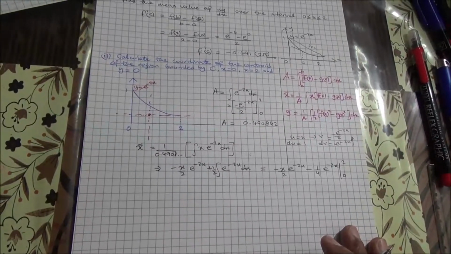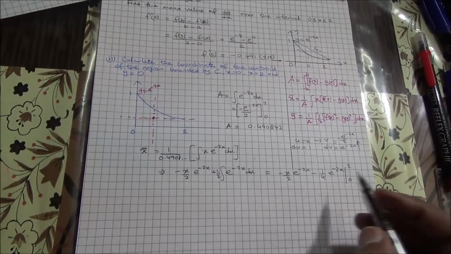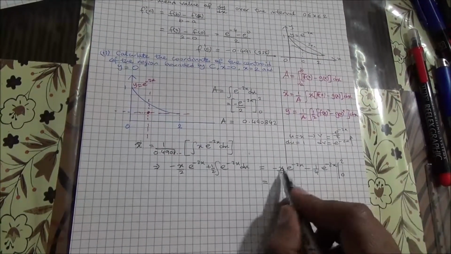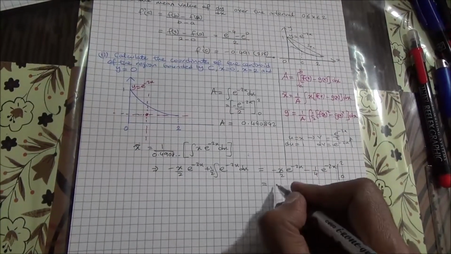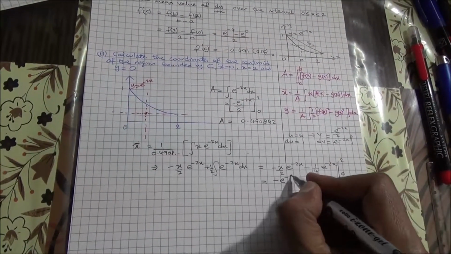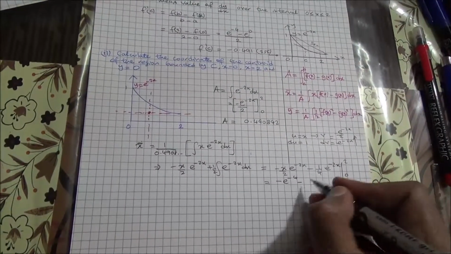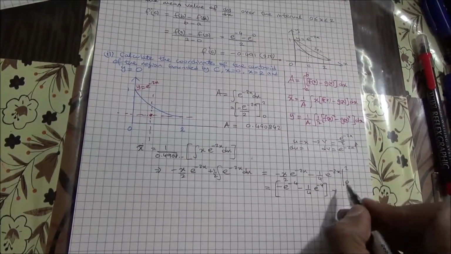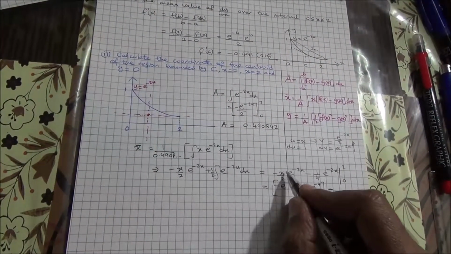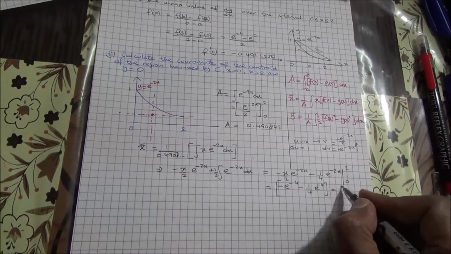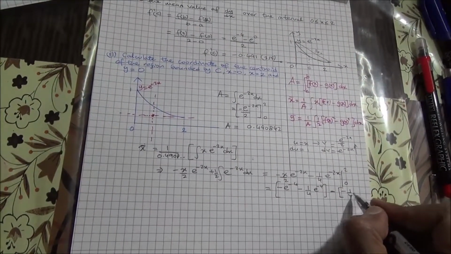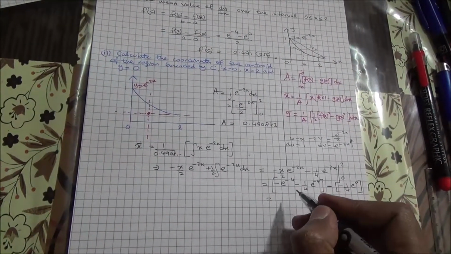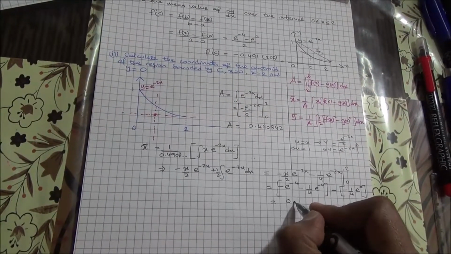So if we substitute the limits 2 and 0, we're going to end up with x, which is now 2 over 2 is 1, minus 1 times e to the power of minus 4, because 2 times 2 is 4, minus 1/4 e to the power minus 4. That's the upper limit minus the lower limit, and if you put 0 in here, that's going to end up as 0, minus 1/4 then e to the power of 0. So if you do the maths on your calculator, you're going to end up with